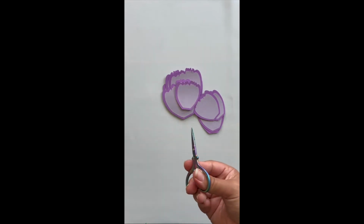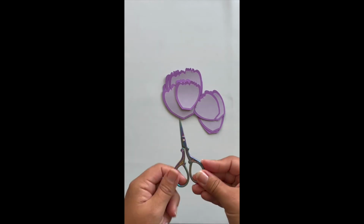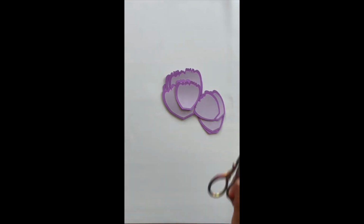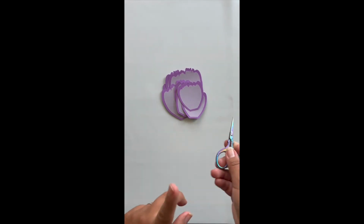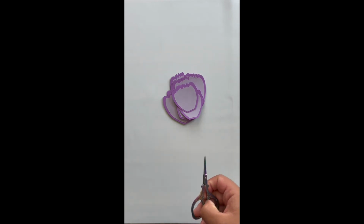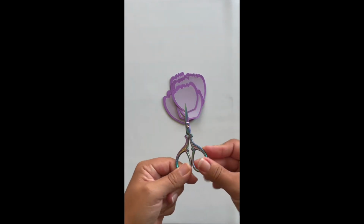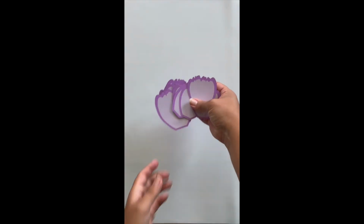I find, for me personally, the full size scissors are too hard, but something smaller like this works out perfectly. Again, that's if you're not going to use your Cricut machine or your Silhouette to cut out the petals. Believe me, there's a way. You can always use something smaller that's going to let you get into those little crevices. I really hope that made sense. Okay, so let's get